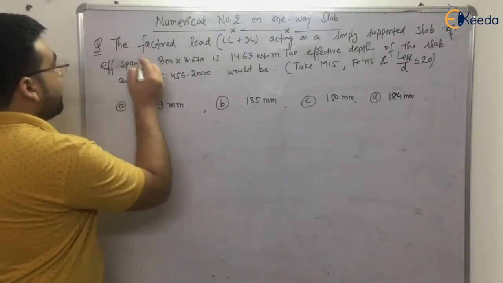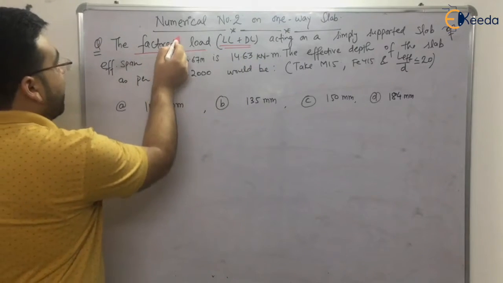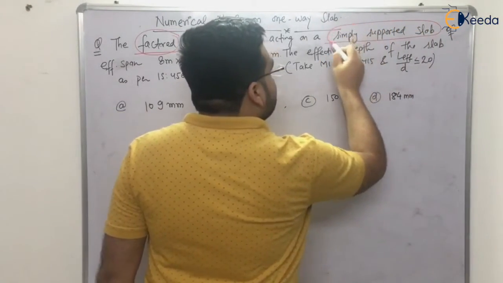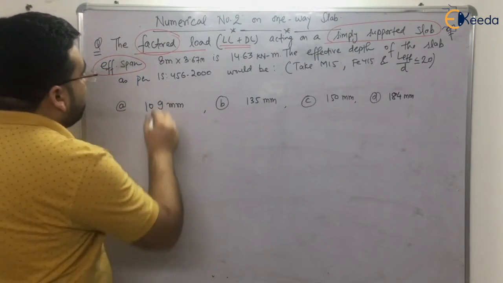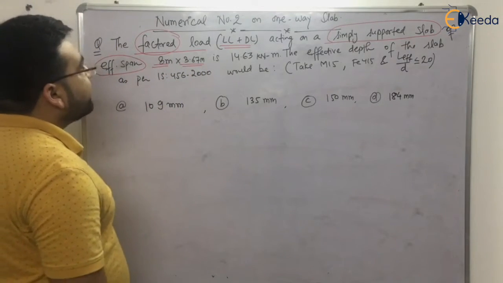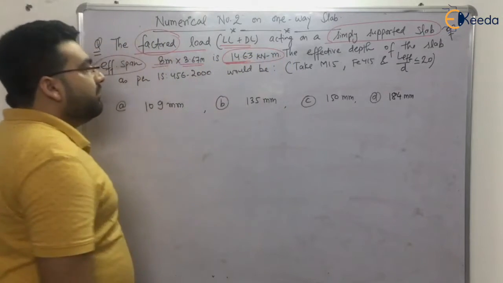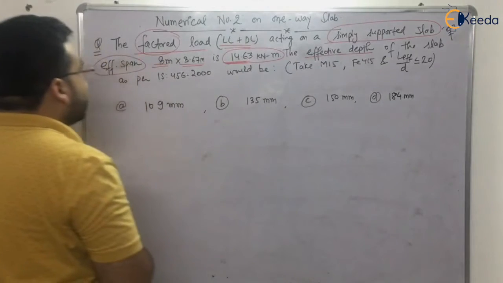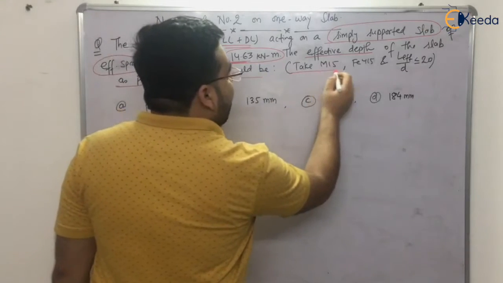The numerical is: the factored load, live load plus dead load. It is a factored load, that is why I am underlining it, acting on a simply supported slab of effective span 8 meters by 3.67 meters. Now it says that the factored load is 14.63 kilonewton per meter. The effective depth d of the slab as per IS 456-2000 recommendations would be, take M15,